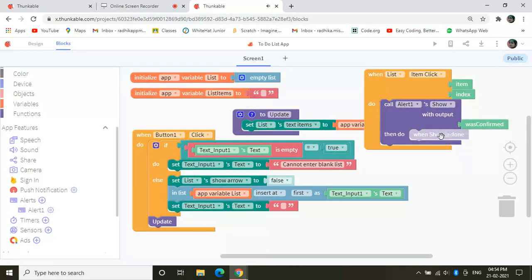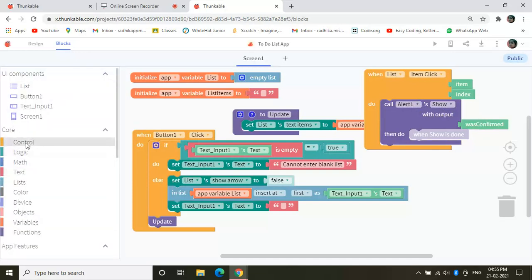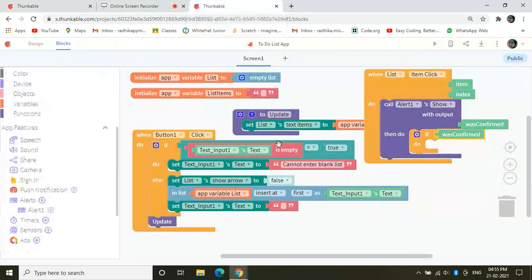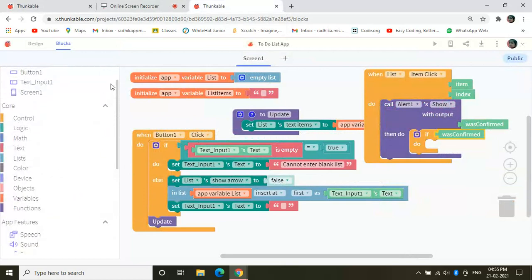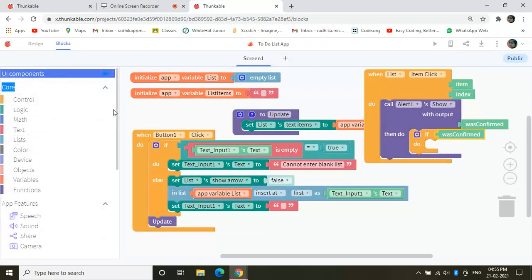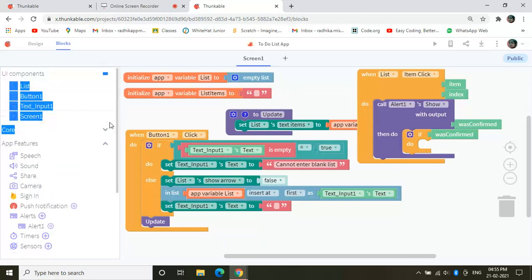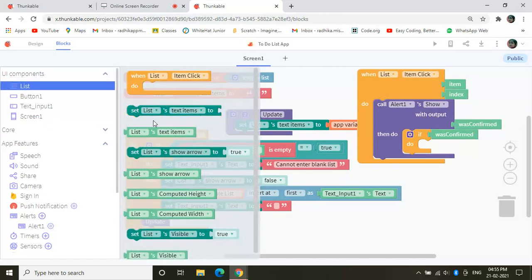And if call alert one show with output was confirmed, then go to control, drag an if and select the was confirmed block from there, and then select in list viewer 1